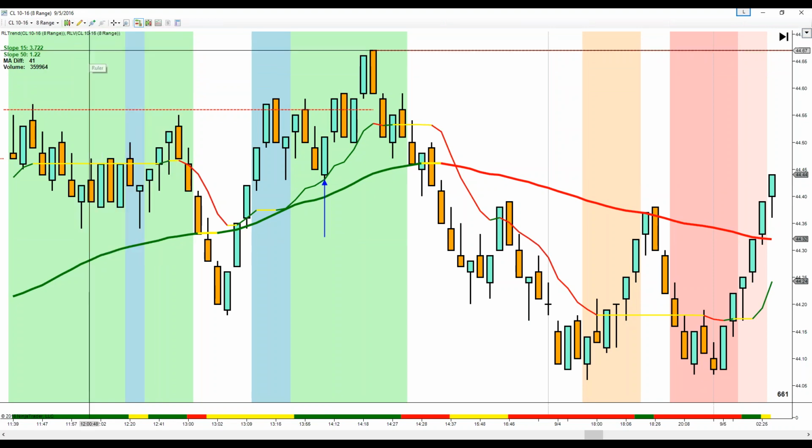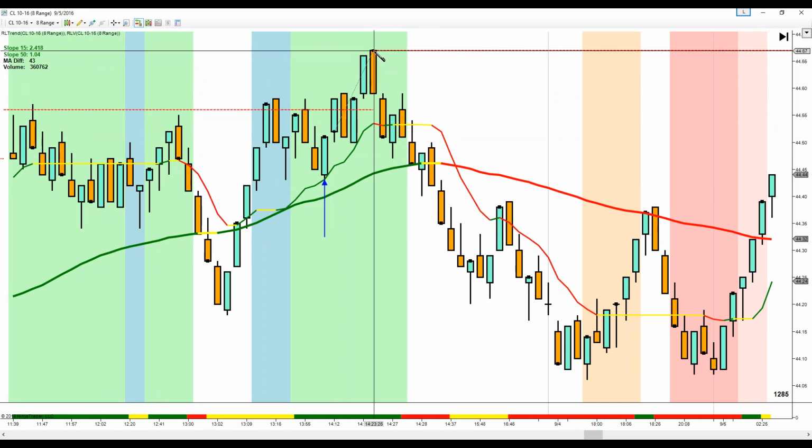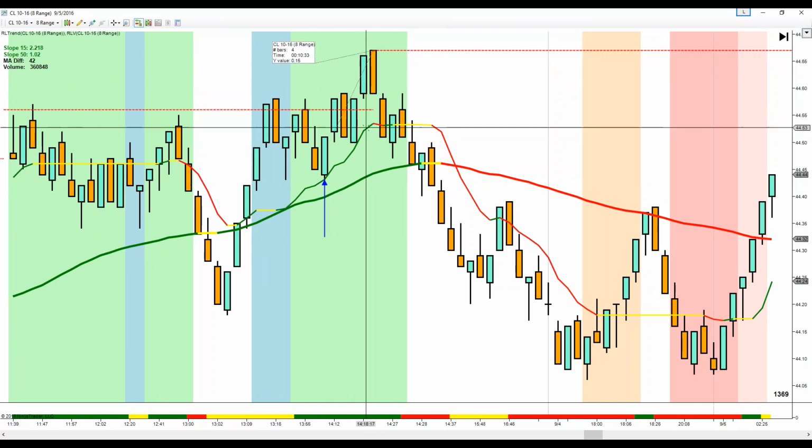Now I know this is tedious, but I just don't want to ask you to take a risk on this off a JPEG. I want you to look at a real chart and see how the trade behaves in a real market. This is what most people will not show you.